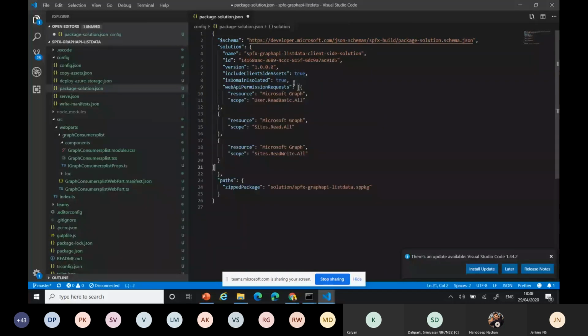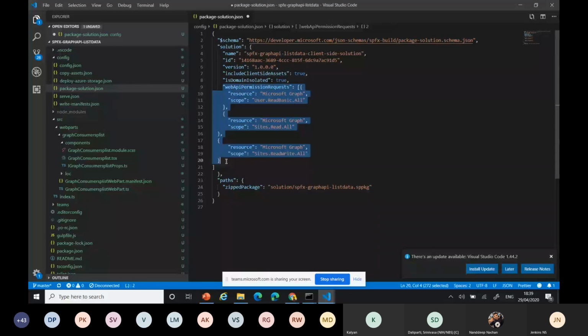Here, the difference is, this is the array concept, so always remember that whenever I want multiple permissions, multiple scopes for the particular Graph API, I can add them like this. Everything is in JSON style with an array concept. If you add a trailing comma like that, it will throw an error while you are approving the permission. Whenever you add any number of scopes, there's no issue. Once you approve, it's accessible from your web part.